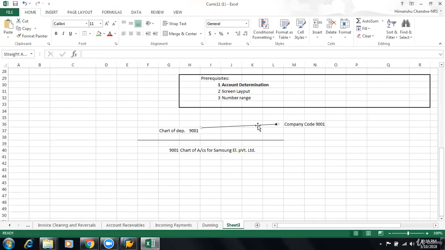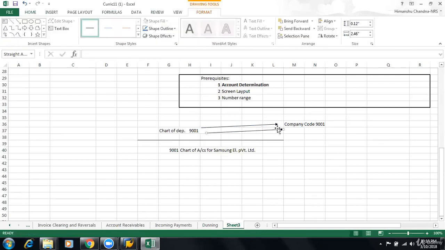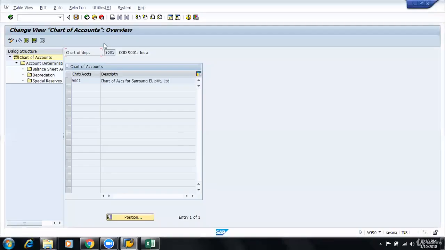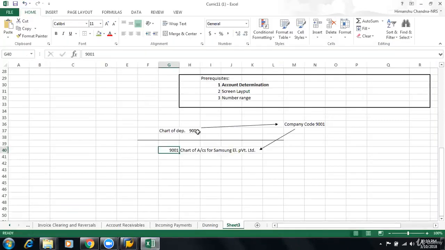Hence, you see the same chart of accounts assigned to the company code appearing here in the field. Let me go back to the SAP screen and show you. Since the chart of depreciation is currently assigned to company code 9001 only, you're seeing one chart of accounts assigned to 9001. If your chart of depreciation is assigned to another company code, for example,